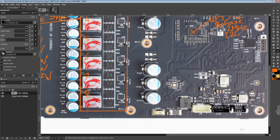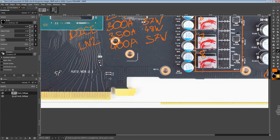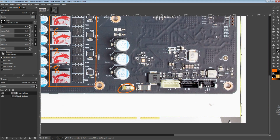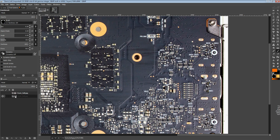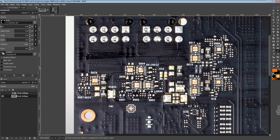But anyway, so we do have some input fuses for the 8 pins and the 6 pins, and then we have a 10 amp fuse here for the PCIe slot, which of course is over here. So yeah, that's protected. Then we have our shunt resistors, like the main ones, so those are all 5 milliohms. Then if we go on the back of the card,